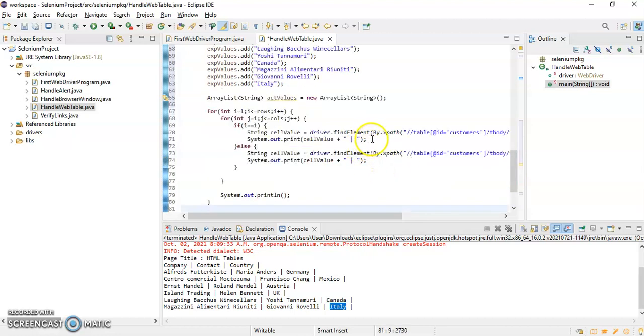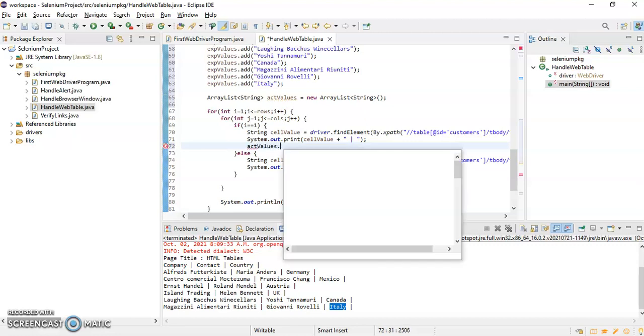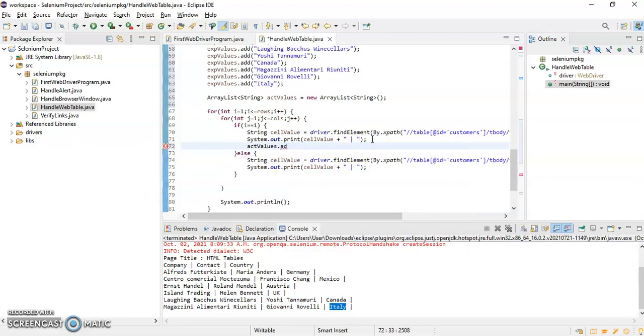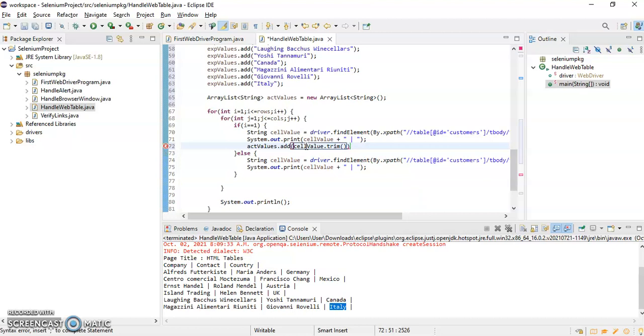So I am printing the value, but again I have to write something like this: actualValues.add, and I will write cellValue.trim. I am using the trim method. If any space is there, it will remove that space, so that while comparing we will not face any issue.